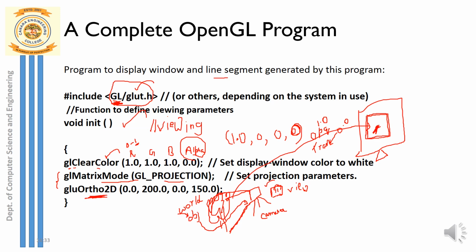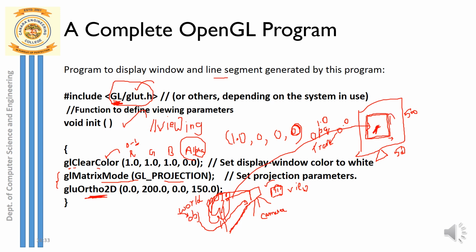So what is that boundary? See, if your screen is of size width 500 and height 500, I can set my display window height and width also to 500 and 500. That means the entire screen I am going to use as a display window. But here I can set my display window as a smaller one, wherein my display window width and height can be a little smaller than the entire screen.